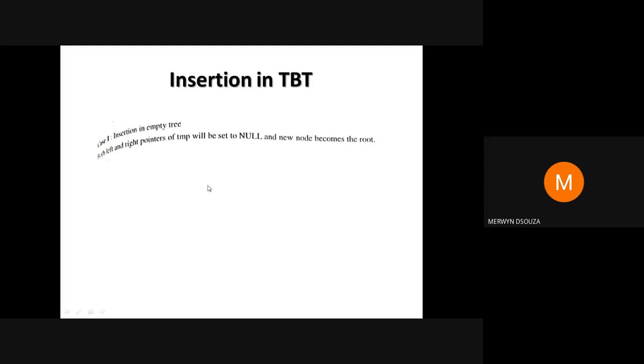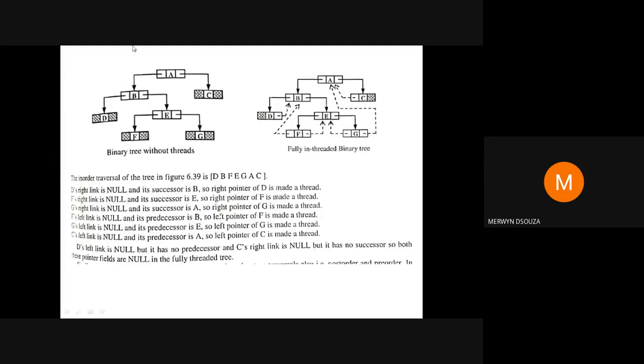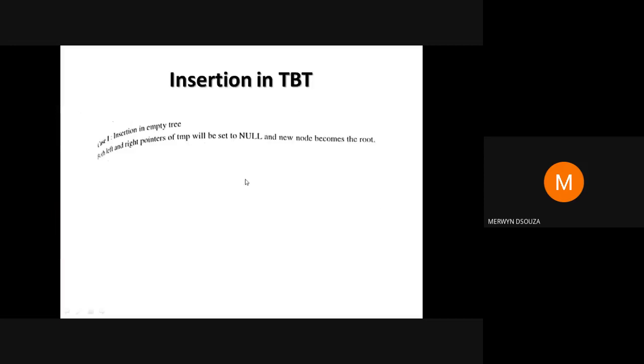Next we'll see how to insert into a threaded binary tree. So suppose you are having a tree like this. You are given a tree like this and you are told to insert a node into a threaded binary tree. Now before I go on with this insertion, let me tell you that a threaded binary tree